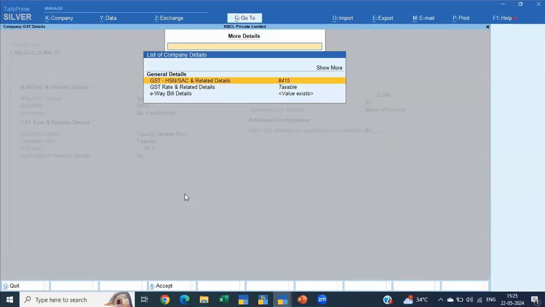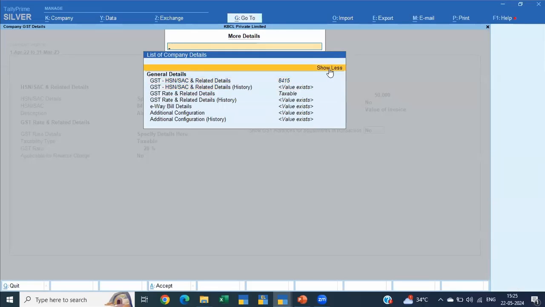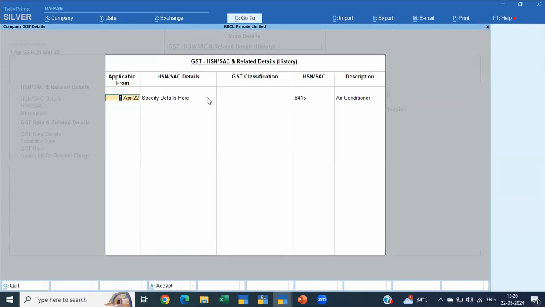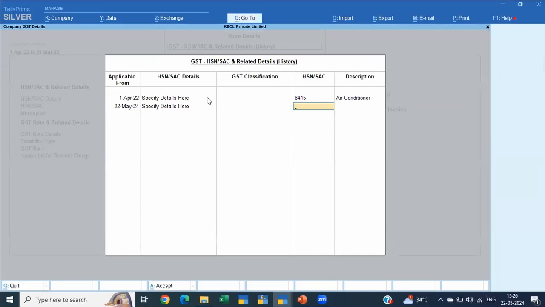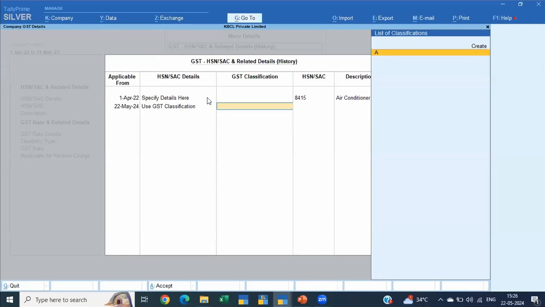Now, there is control I more info. In that, you have something known as rate history. Say today the HSN code is 8415. And say on today's date, 22/5/24, I first want to maybe use a different classification, or I'll just say use GST classification.